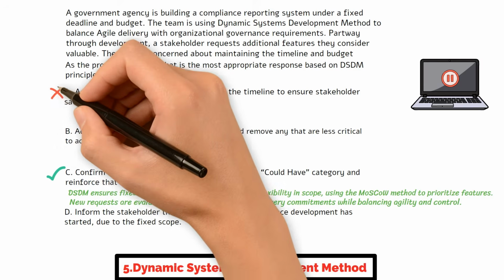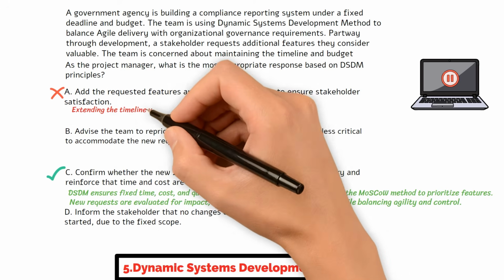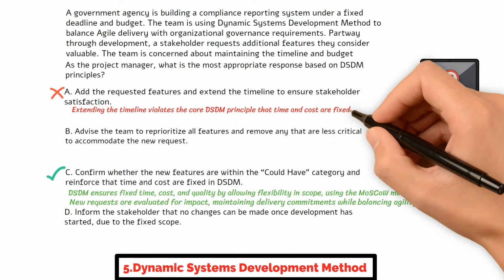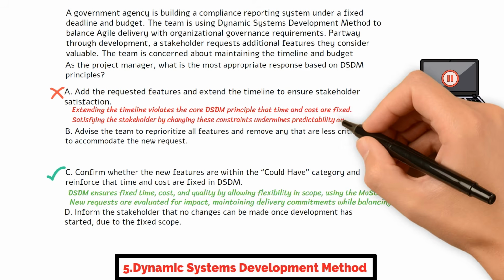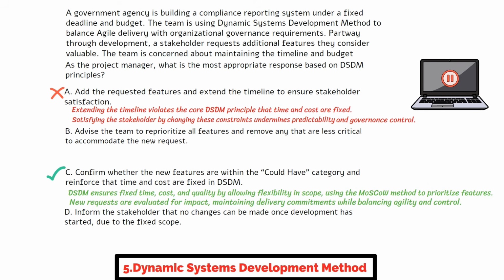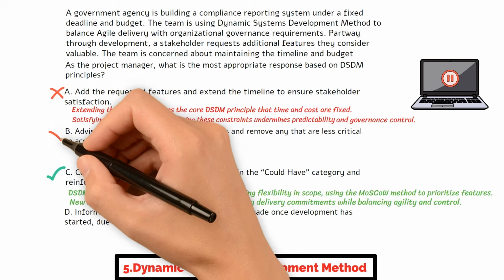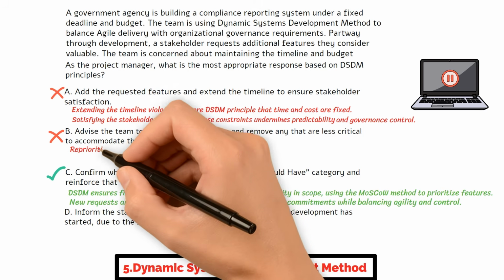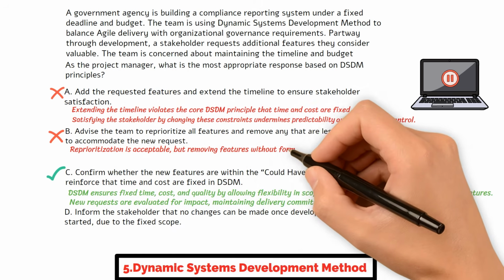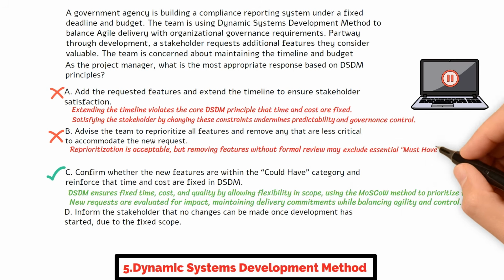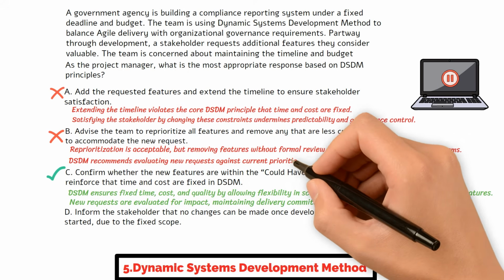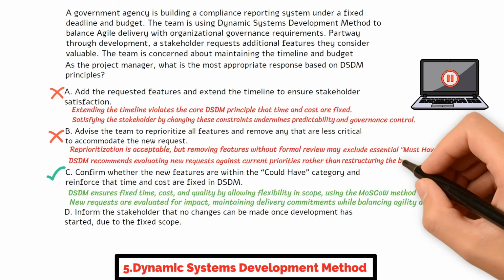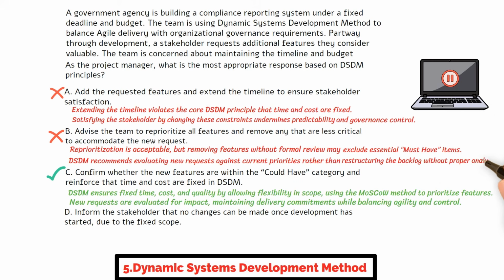Choice A is incorrect. Extending the timeline violates the core DSDM principle that time and cost are fixed. Satisfying the stakeholder by changing these constraints undermines predictability and governance control. Choice B is incorrect. While reprioritizing is allowed, removing existing features without a formal review and alignment with MoSCoW priorities risks omitting must-have items. The correct DSDM approach is to assess new requests against existing priorities, not overhaul the backlog